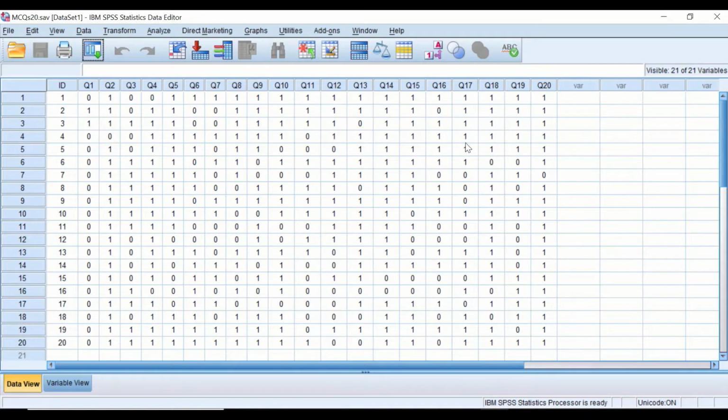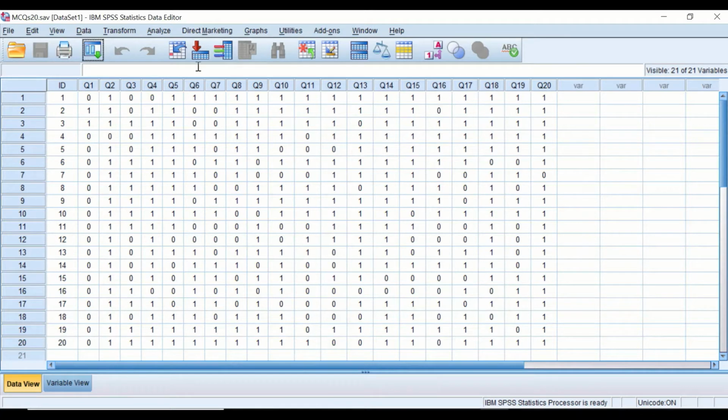The first step is to calculate the overall mark or the total mark achieved by each individual student, i.e. to add up all the correct answer recorded by each individual student, add them up and generate a new variable, call it total